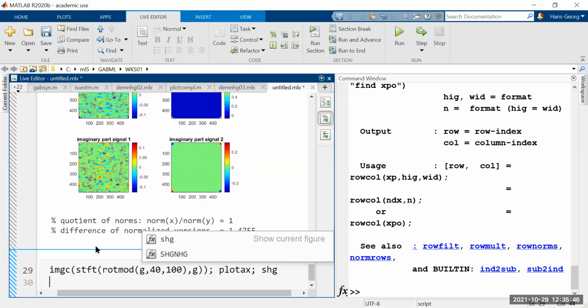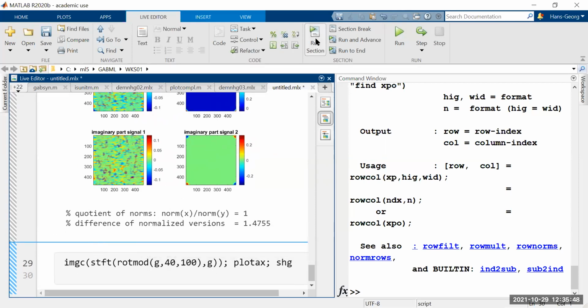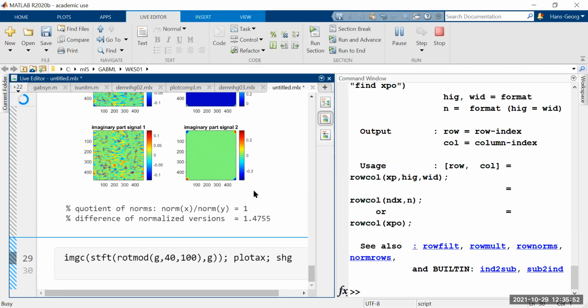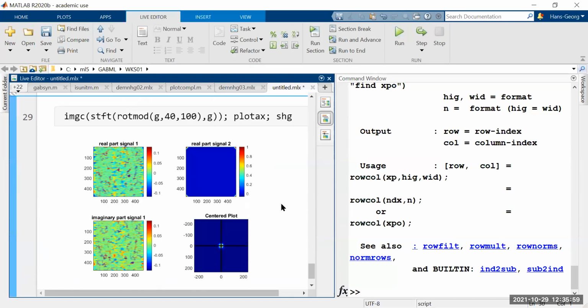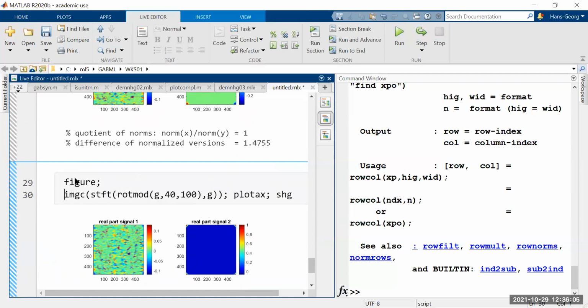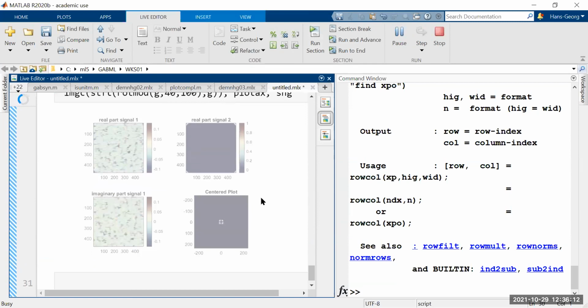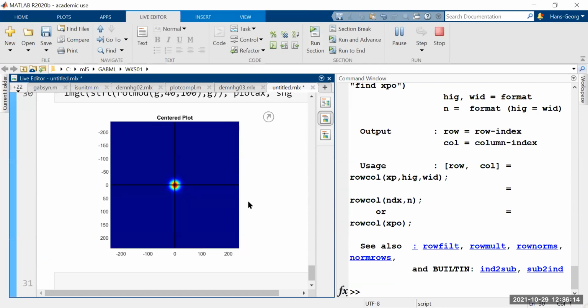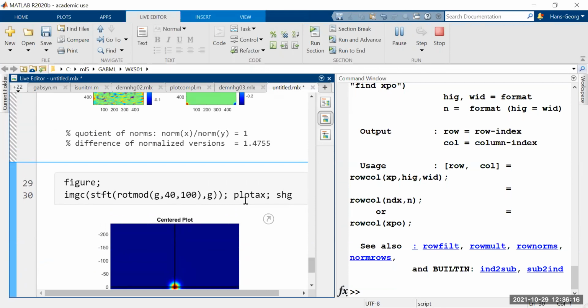Show graphic is just put it on display. I think that's not relevant here. But what you will see here, or supposed to see here in a moment, is that the spectrogram of a Gauss function is, I didn't do a new figure, so I did a figure, something well concentrated, but